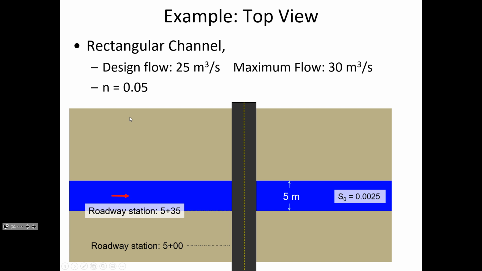And so we want to analyze a certain diameter. We're going to see what happens for a flow rate of 25 cubic meters per second. Can we get that 25 cubic meters per second through a pipe that is 600 millimeters in diameter? So for D equals 600 millimeters, what I want to know is, where's the water level going to be at? Is the water level going to